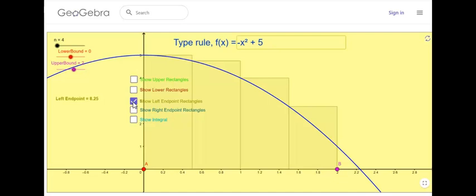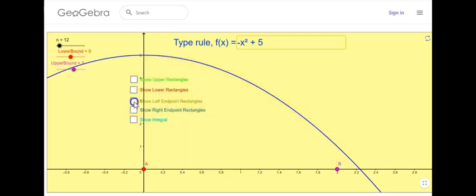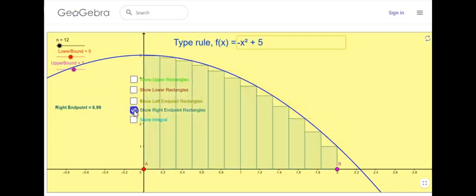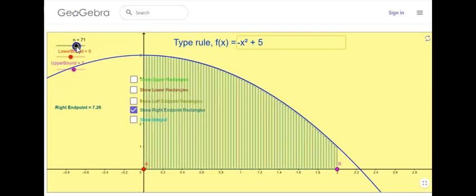What we want is the exact area under the curve. So what could you do to make your estimate better? Well, I could have more rectangles, right? What if I had 12? Well, that's pretty good. I'm still an overestimate with the left. Of course, that'd be an underestimate with the right, but the idea is to make a whole bunch of rectangles. Look how good